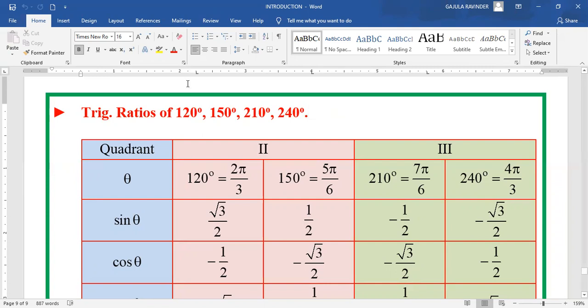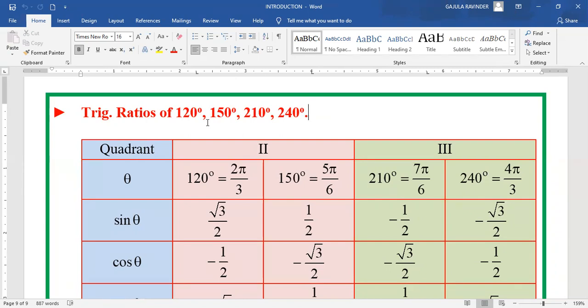Dear friends, every time, one angle can be compared with either 180 degrees or 360 degrees. I am speaking about the angles which are less than 360 degrees. That angle will be compared with 180 degrees or 360 degrees. We have to see whether it is close to 180 or close to 360, and how much close to 180 or how much close to 360 it is.